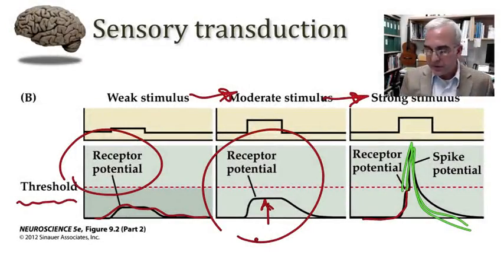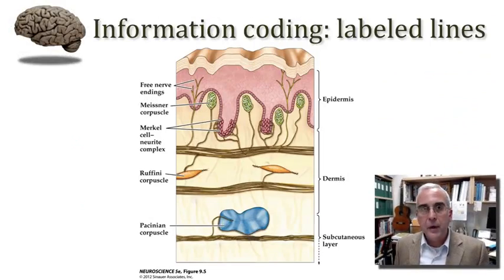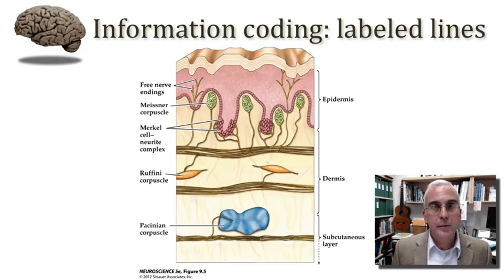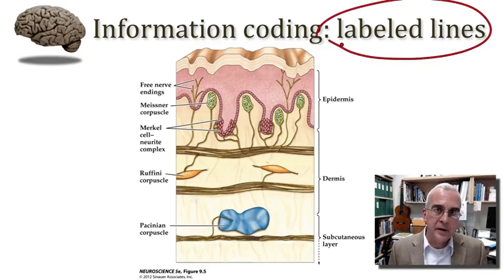Now I want to turn to the topic of information coding. And one concept that we'll see played out in the somatic sensory system, in the visual system, in the auditory system, in our chemical sensory systems, and even in our vestibular system is the notion of labeled lines. Now, what we mean by labeled lines is the idea that the response of an axon in a sensory nerve